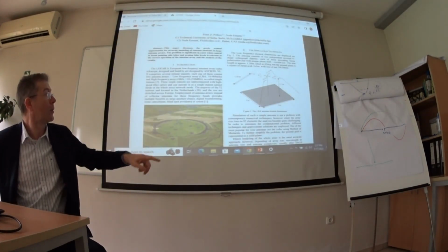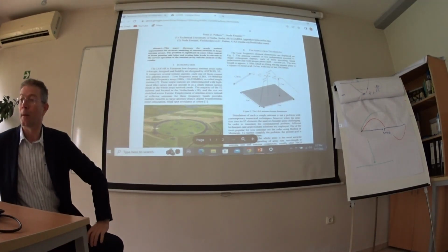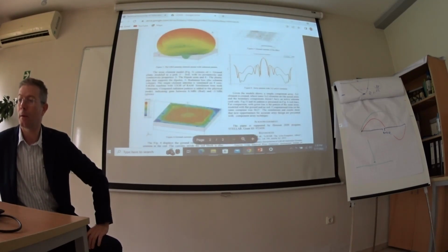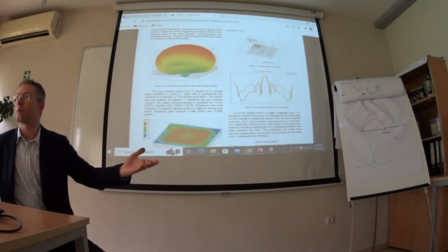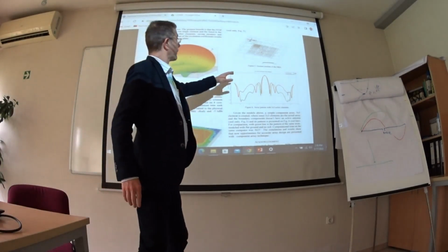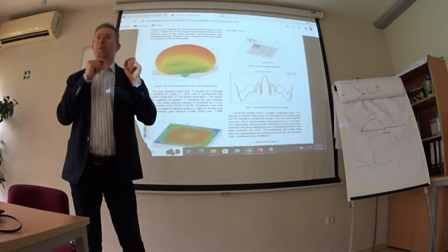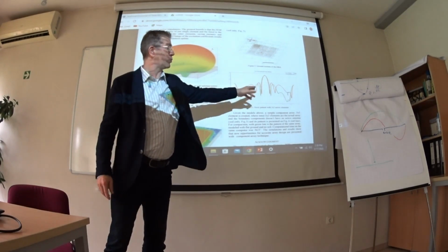This here is how one of the elements of this array looks like. I've made the real model, including the grid and the soil underneath and everything else. So this is the radiation of the actual antenna, accounting for the finite conductivity of the soil, conductors, and everything else. And here you can see the difference between the real life model and what Fornecto or something similar that makes approximations. So it takes the ground for perfect, it doesn't account for the grid, etc., etc. So you see a huge difference between